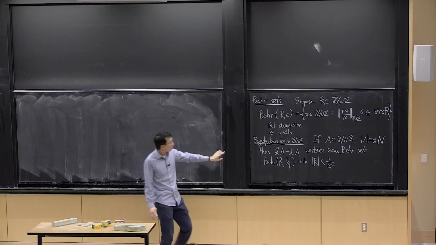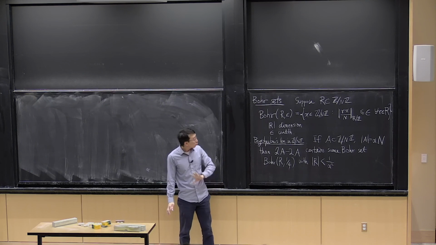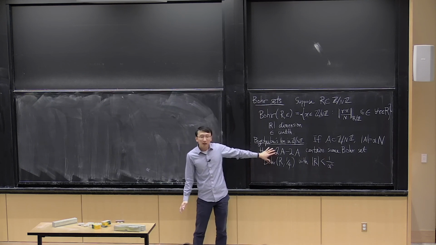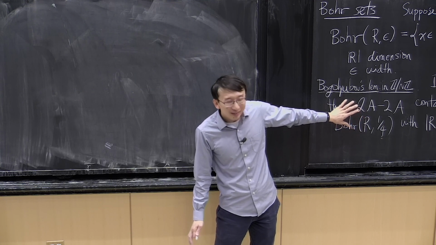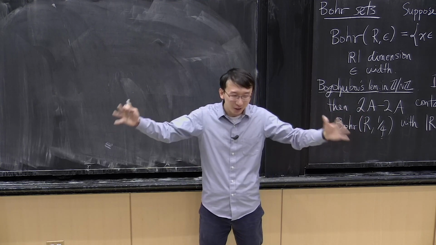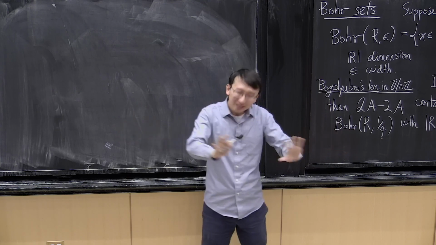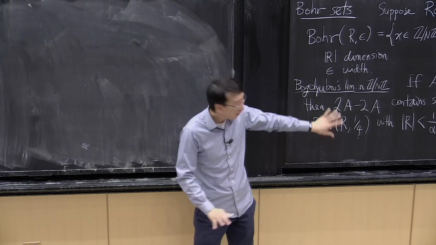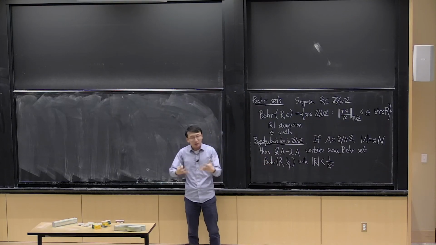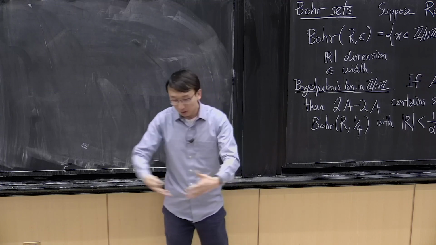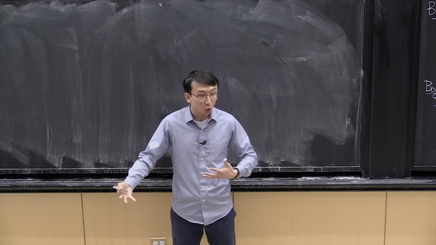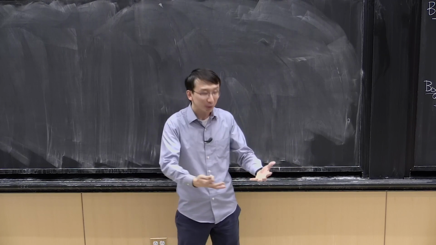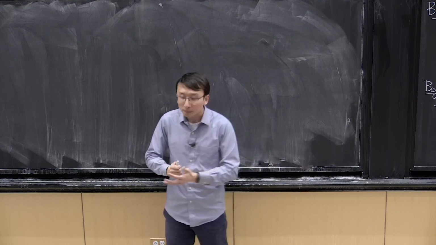A second unanswered question: right now, the strategy I've told you is we're going to find a large GAP inside 2A minus 2A, which is not quite the thing that we want to do. We want to contain A in a small GAP. But at least it's some progress, some progress to find some structure. The name of the game is to try to find additive structure. The theme of this whole semester course is trying to understand the dichotomy between structure and pseudorandomness. And when you have structure, let's use that structure. See if you can boost that structure.